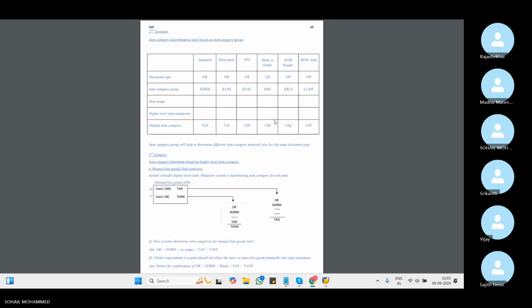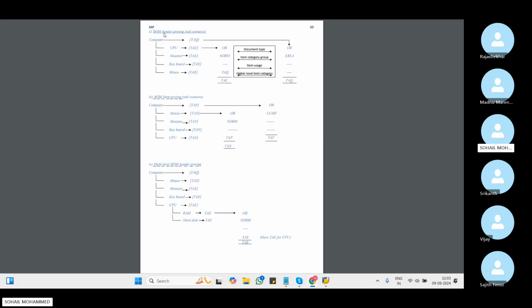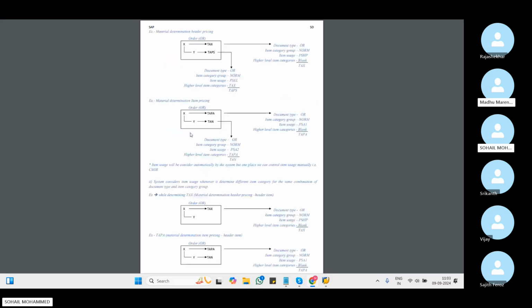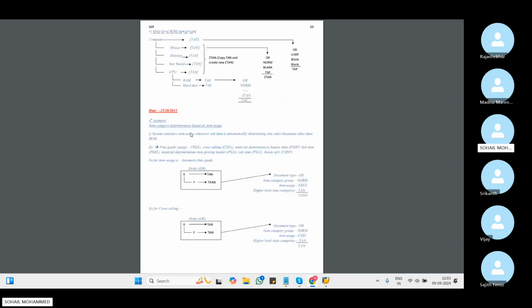So tomorrow we'll create a BOM concept. Then we'll see this scenario, how we are going to see this BOM concept header, right? We'll create a BOM concept and then see how the item category will trigger. Okay, so this is BOM header pricing and BOM item pricing, right? And we'll see the scenarios as well. Okay, then we are done with this topic. Tomorrow we'll see the BOM concept, then the BOM item category determination, and then we'll start